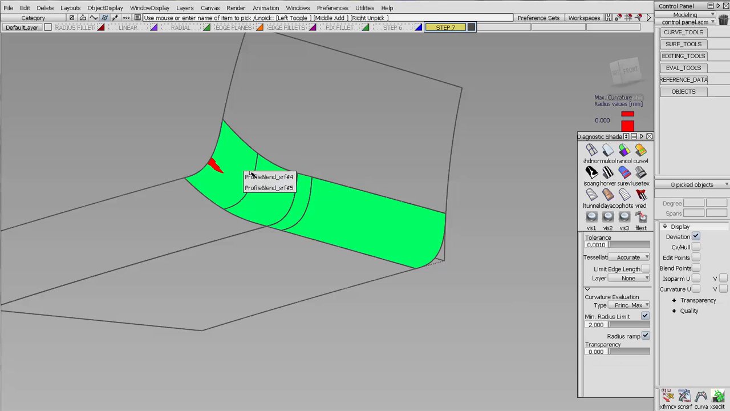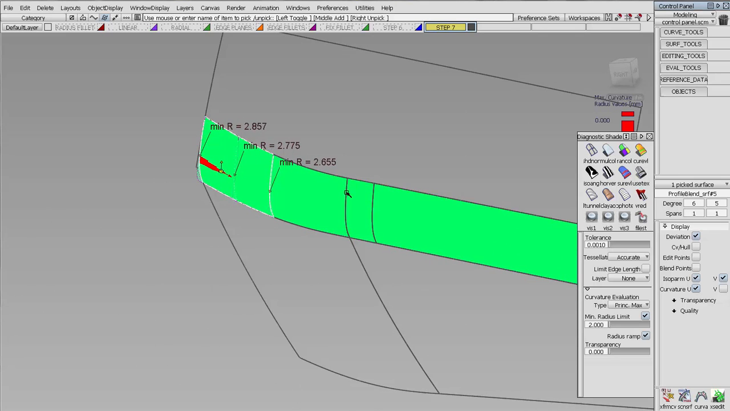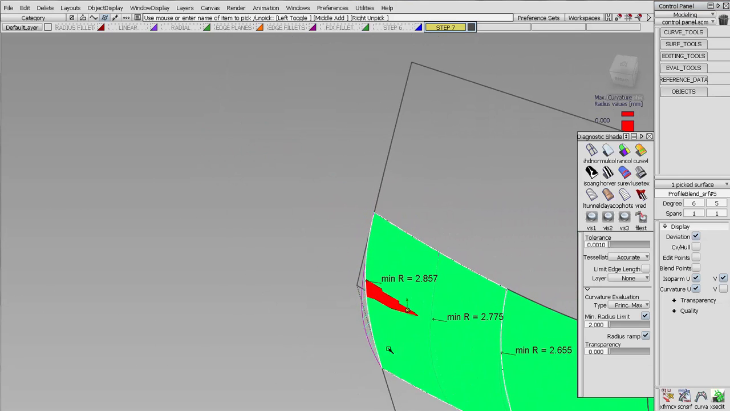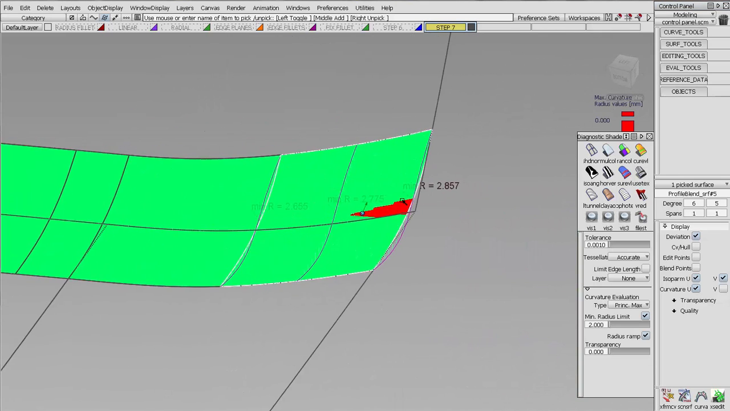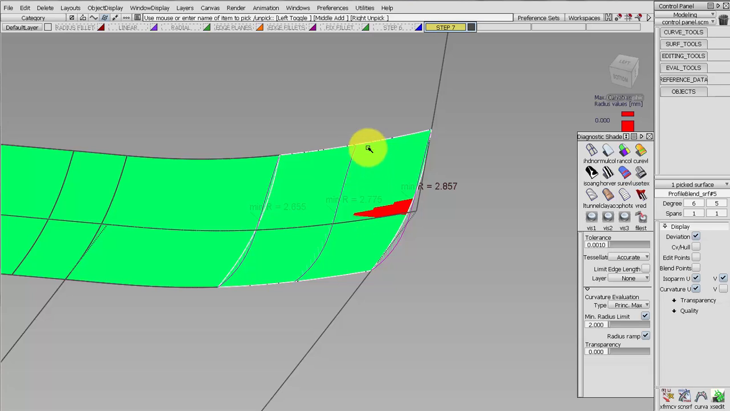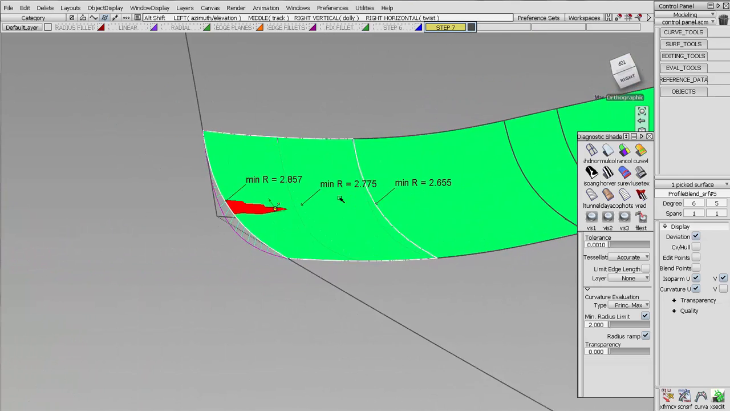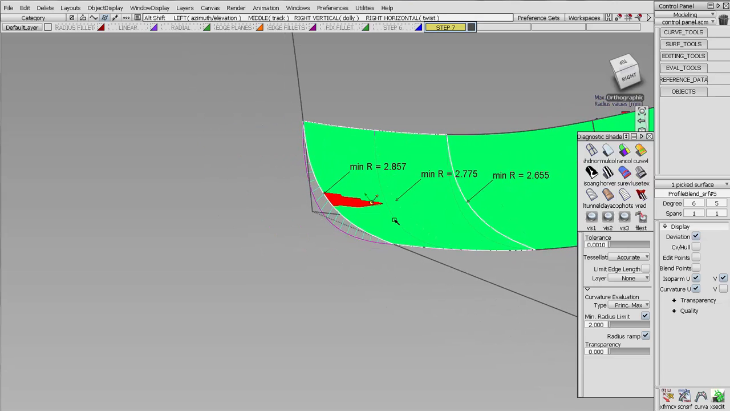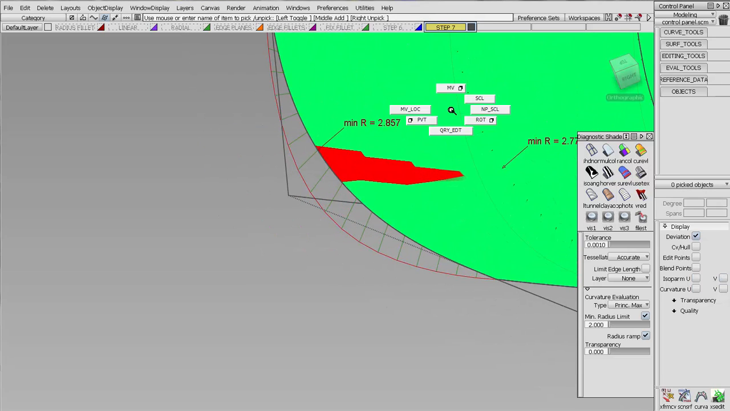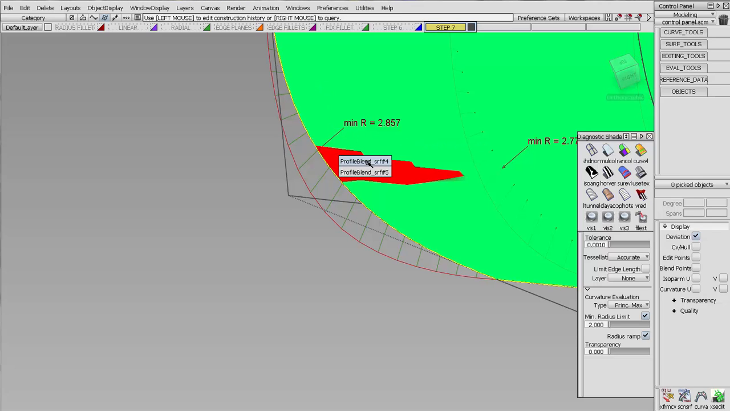Well, you could say, well, why does this say 2.85? Well, one is measuring radial to this line. The other is measuring along the U of this surface. And that's not an accurate measurement for minimum radius, because where that says minimum radius is 2.85, the actual 3D min radius or minimum radius value,